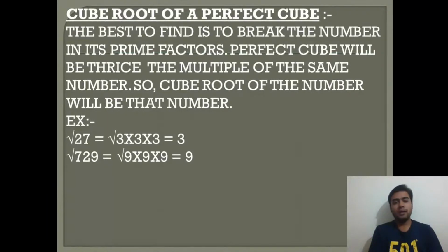Let me tell you, there are certain ways like the prime factorization method, but in the prime factorization method, if it is not a perfect square or a perfect cube, I'll get a prime number of which we have to find its root, that is, in decimal values. So I'll teach you now how to find the square root and the cube root of a number which is not a perfect square or a perfect cube.